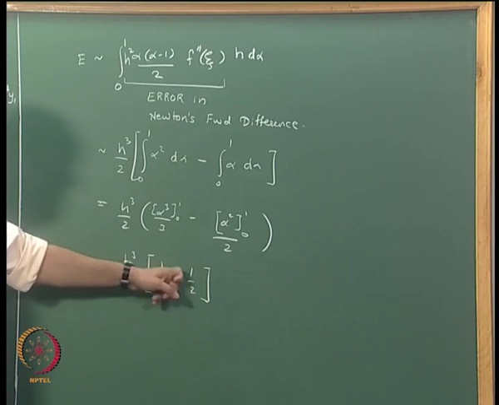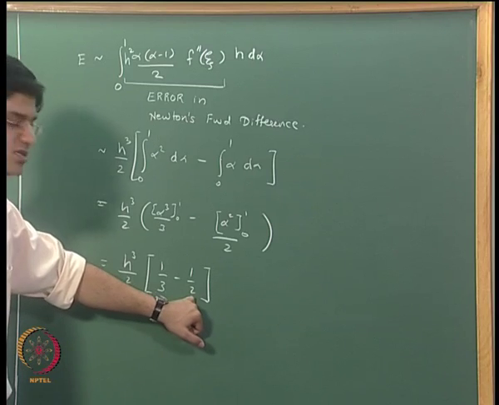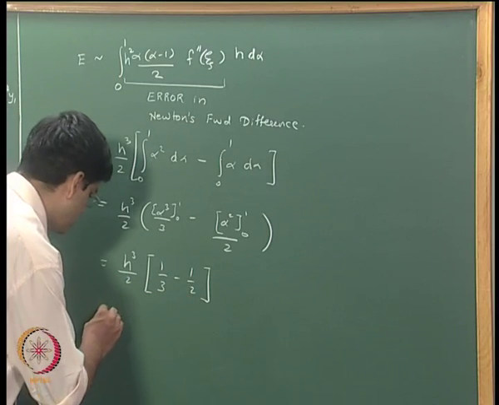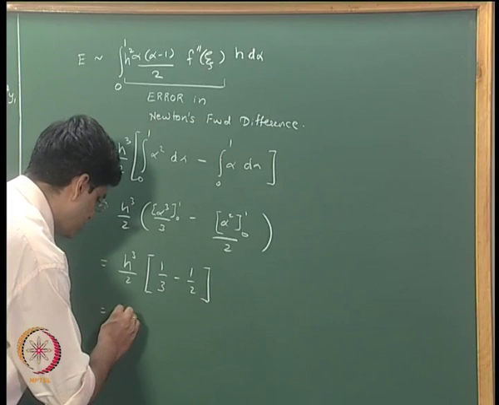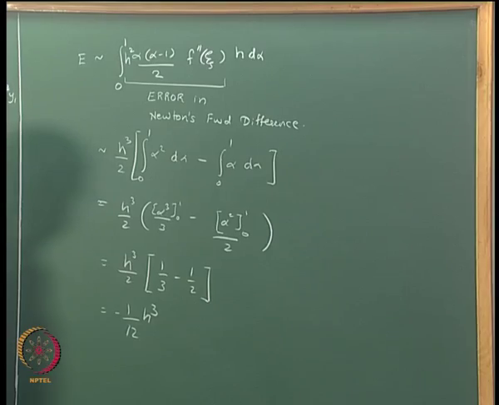So that is going to be 2 minus 3 divided by 6, so that is minus 1 by 6. So the error is going to be minus 1 by 12 h cube,